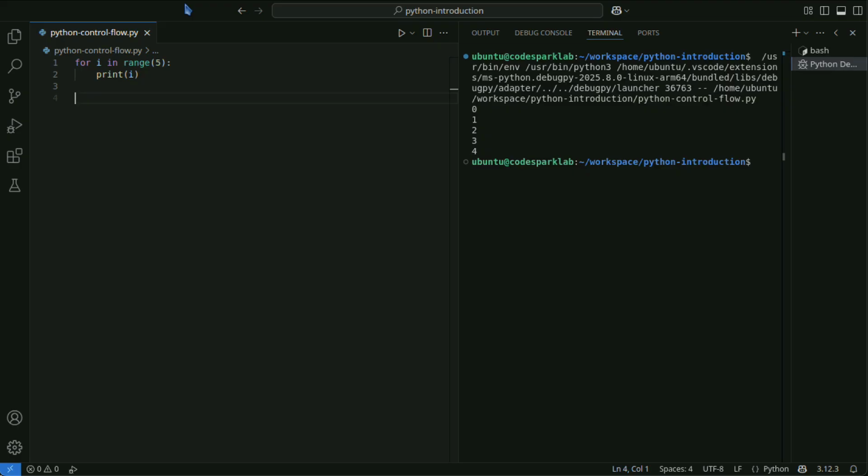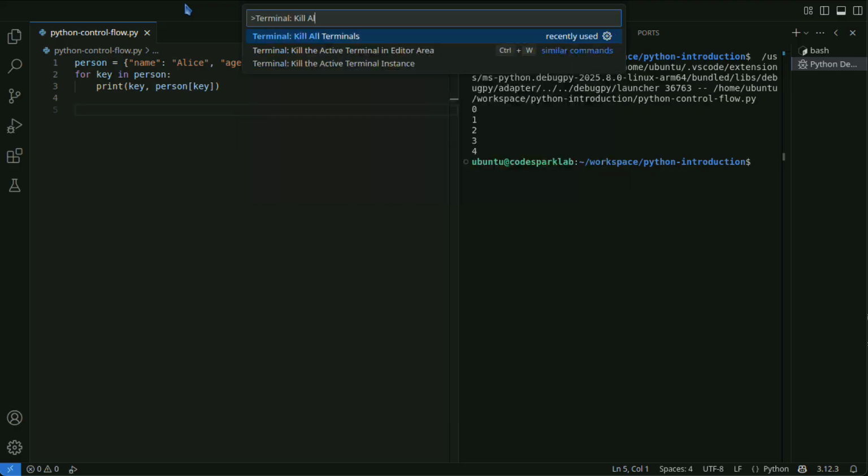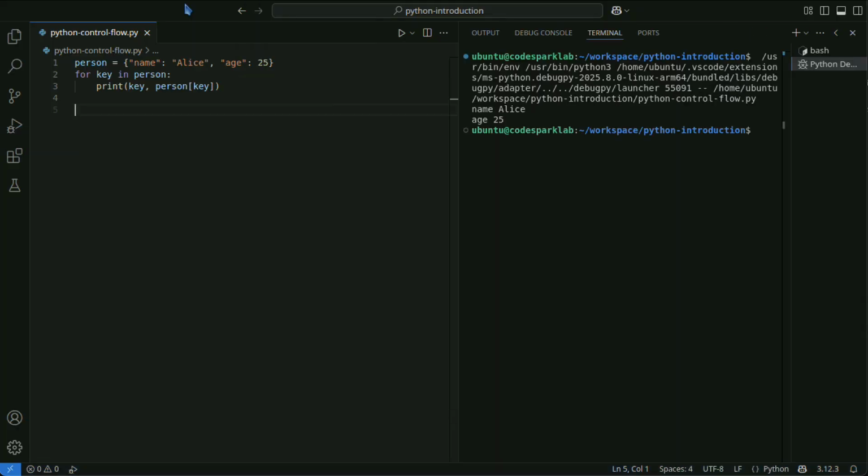In the case of dictionaries, keys are iterated by default, but you can also retrieve key-value pairs. Alternatively, use the items method to simultaneously retrieve keys and values.